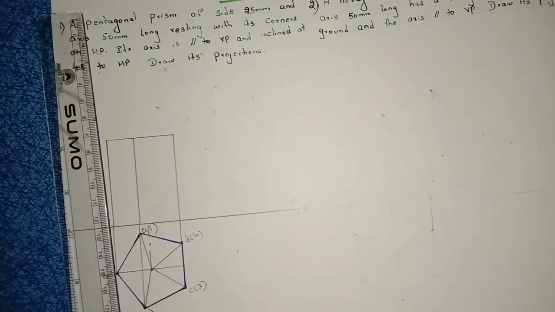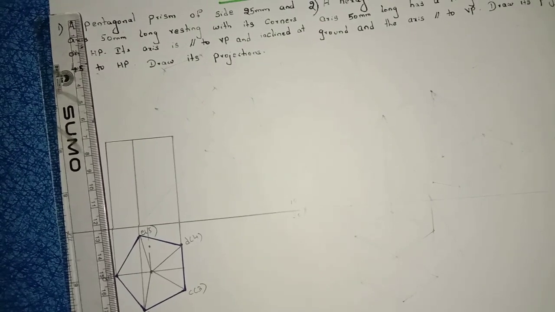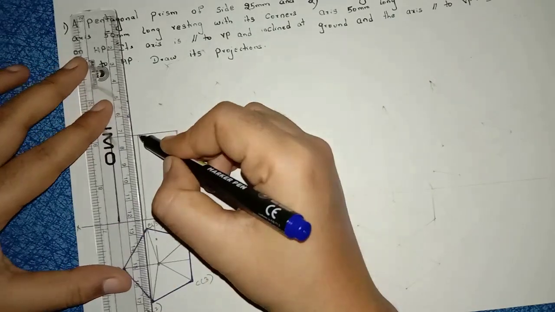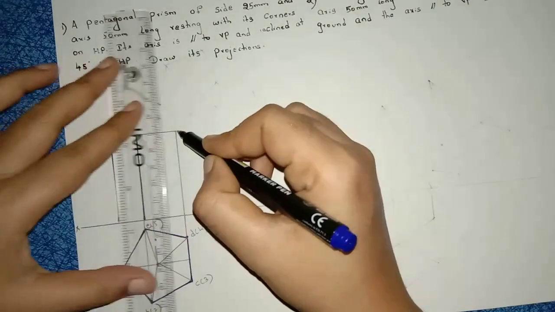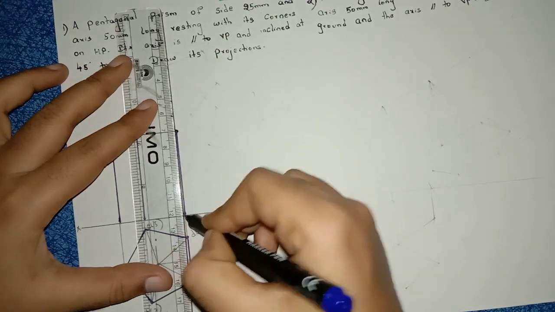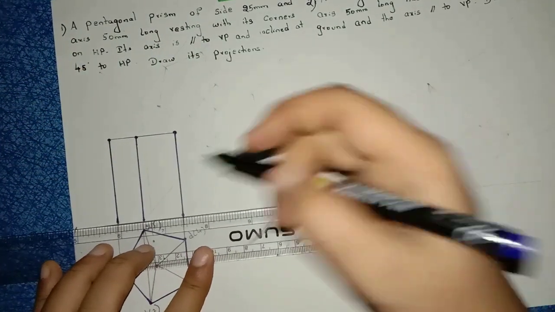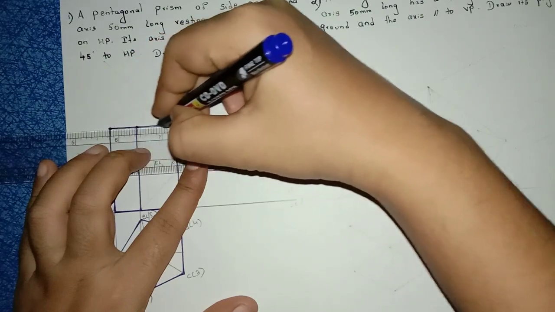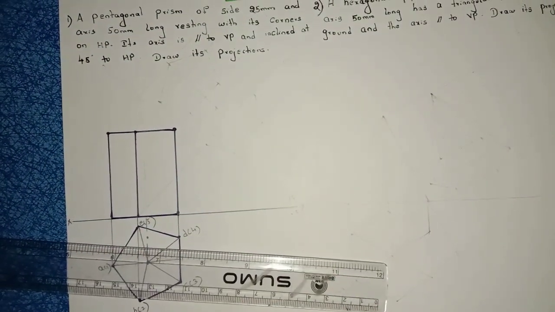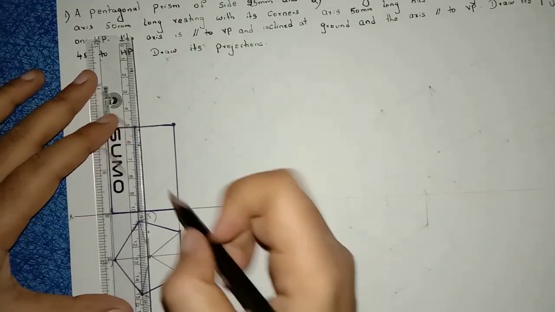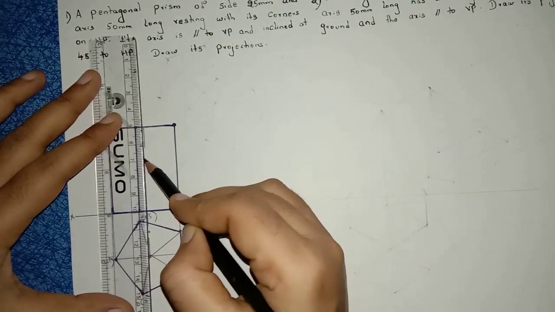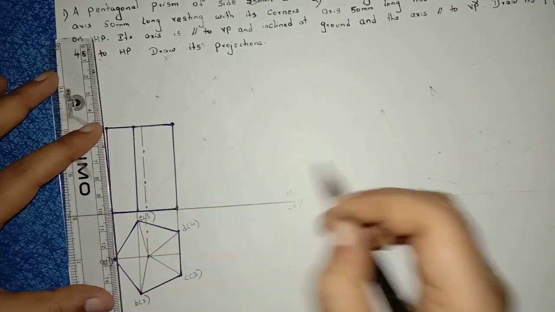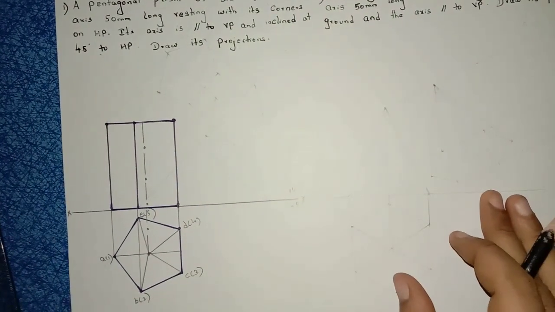Right, so this prism should be dark, no? So 50 mm here, 50 mm here, 50 mm here. Right, now join this one. First construct the prism. Right, so from the midpoint we have drawn the axis line, no? So extend this axis line. Axis line should be dash dot. Right, so first this is your initial position.